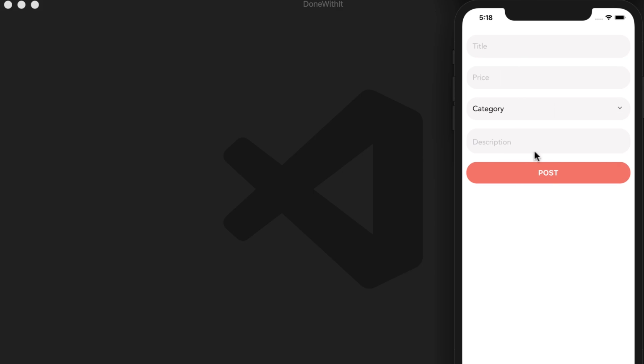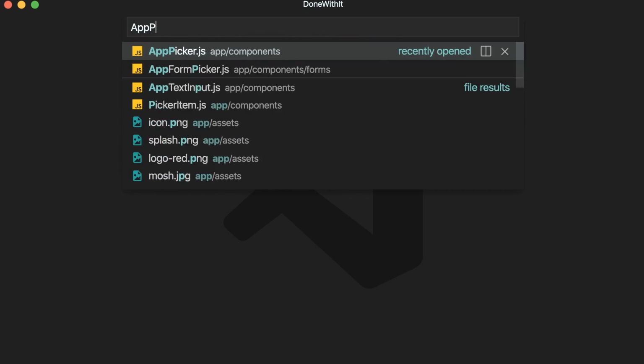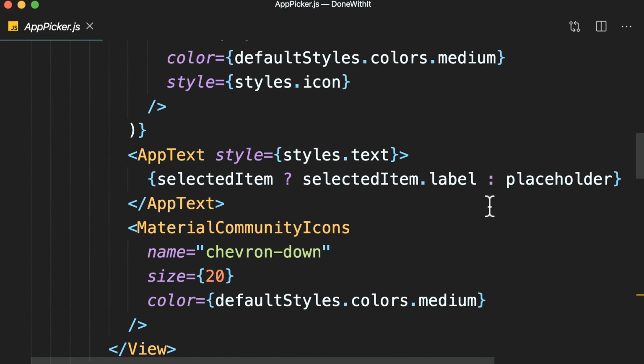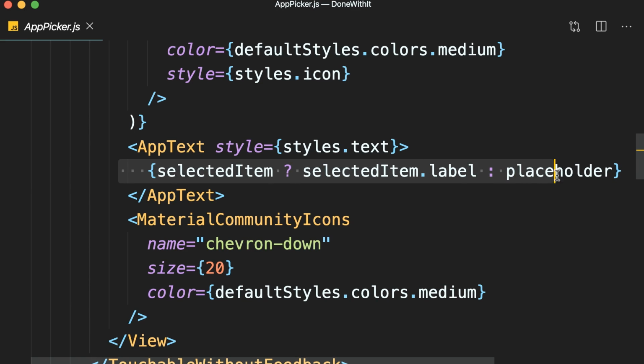Now let's fix the problem with this placeholder. As you can see, it's darker than the placeholder in our other input fields. So we go to our app picker component. Let's find where we are rendering the placeholder. It's right here. Now, with this implementation, we are either rendering the selected item or the placeholder inside this app